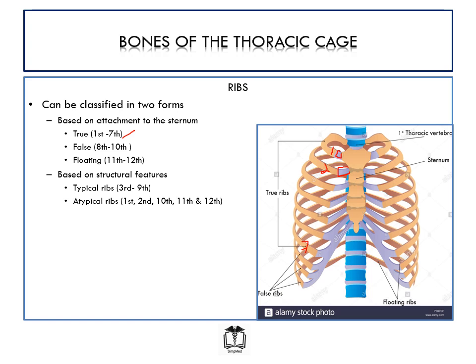Then we have the false ribs. False ribs are numbered 8 to 10. These are ribs that don't have independent connection to the sternum, but rather they tend to have a single costal cartilage uniting with the sternum. So if you notice from rib 8 down to rib 10, you can see that there's a single costal cartilage